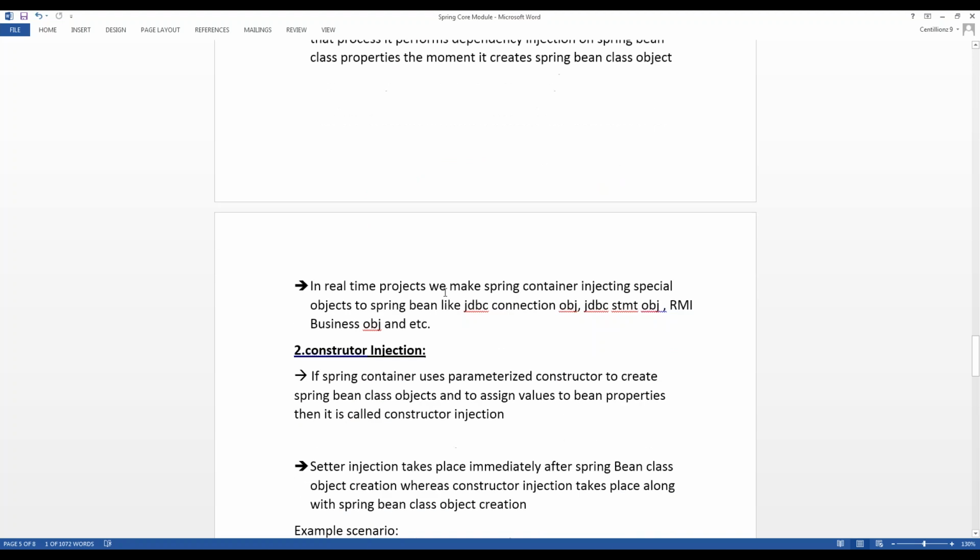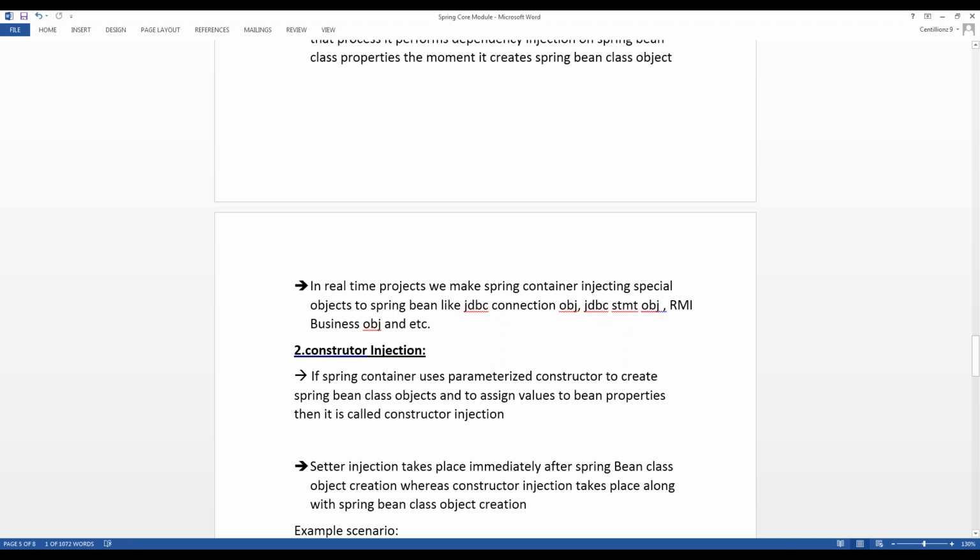But in a real project, we make the Spring container inject special objects into the Spring Bean, like a JDBC connection or a JDBC statement. If we are using ORM mapping like Hibernate, in Hibernate we map object methods to the database. This kind of thing we use in the JDBC constructor.